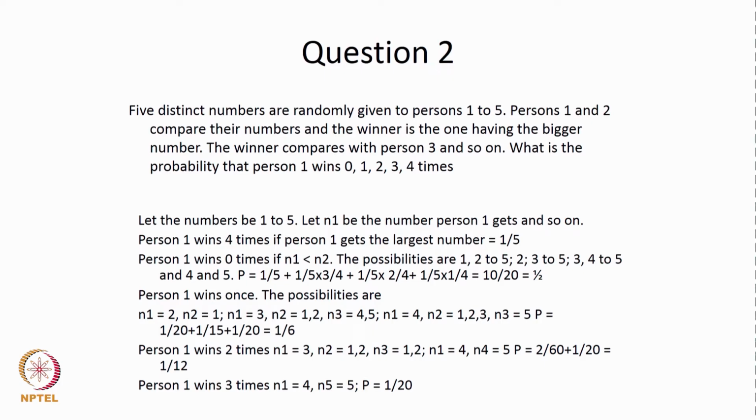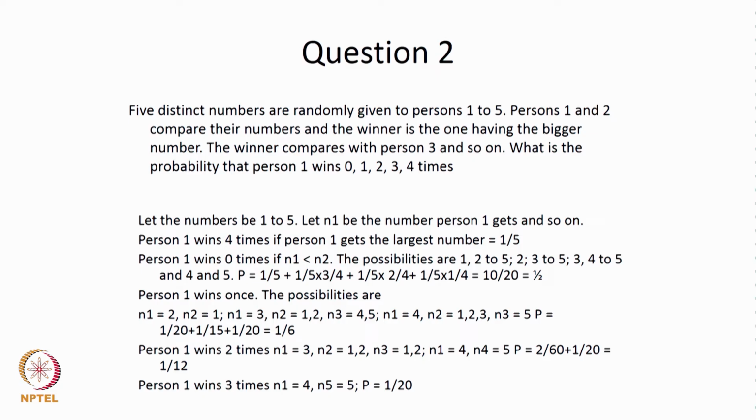Second case is person 1 gets the number 3, person 2 gets numbers 1 or 2, so that person 1 would win once and person 3 should get 4 or 5, so that person 1, now having won the first round with person 2, now faces person 3 who has a higher number and loses, and therefore person 1 wins